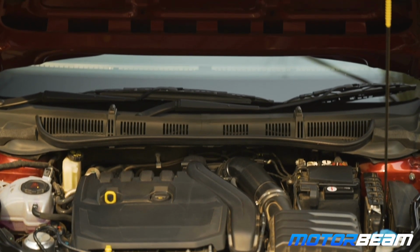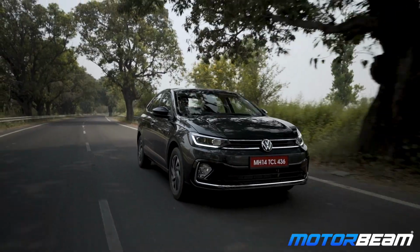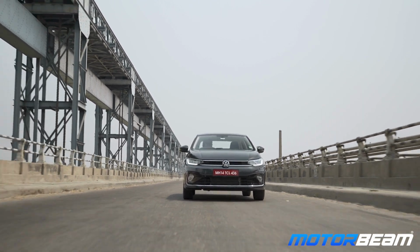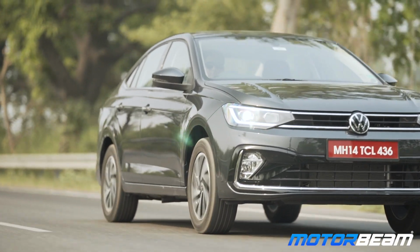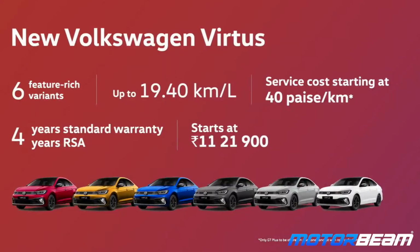The second engine is a 1 litre TSI engine. This one is a 3-cylinder unit, and this one makes around 115 PS and 178 Newton meters, and this one is offered with a 6-speed manual or a 6-speed torque converter automatic, and both the engines are equipped with an idle start-stop feature. The Virtus is available in 6 colors: wild cherry red, carbon steel grey, reflex silver, curcuma yellow,